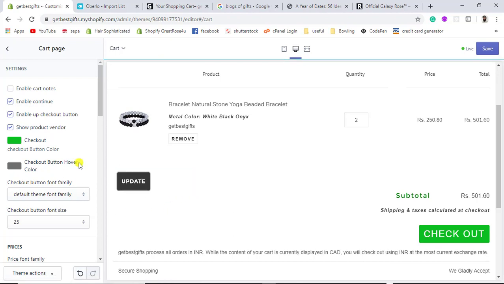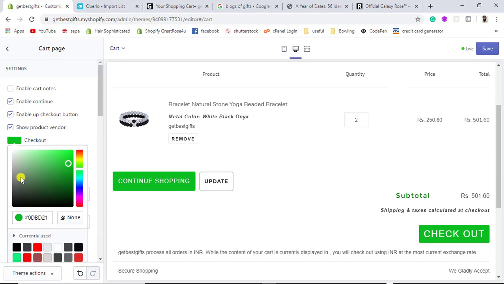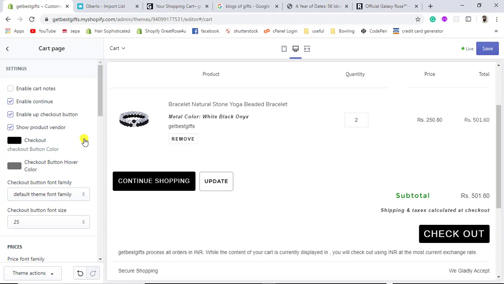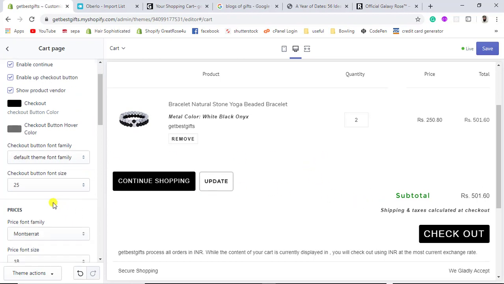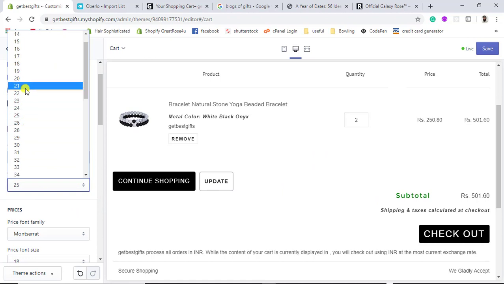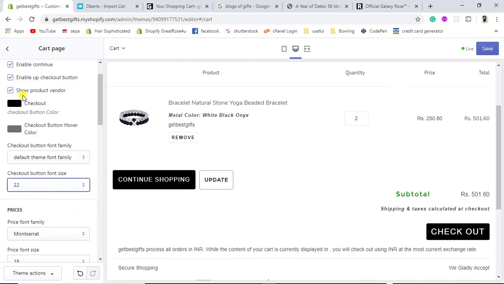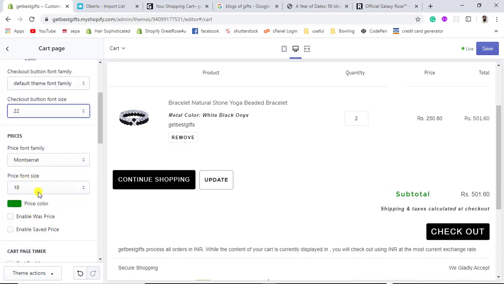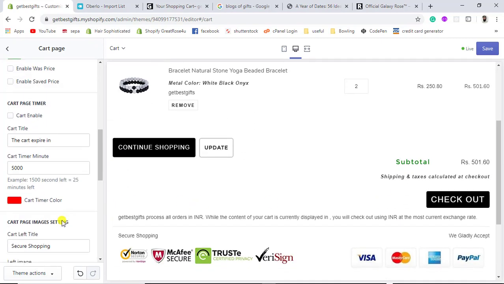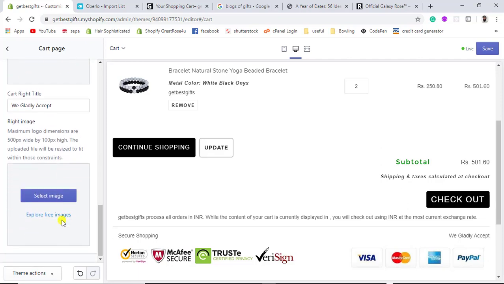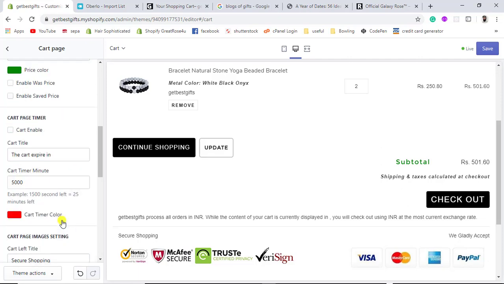All right, so you can also change the color in this way, and checkout button size is 25, and I am actually going to reduce this one because this is looking a little awkward. And you can also change the price font size as well. Alright, but for now this is okay to me. Alright, so let's save this one,